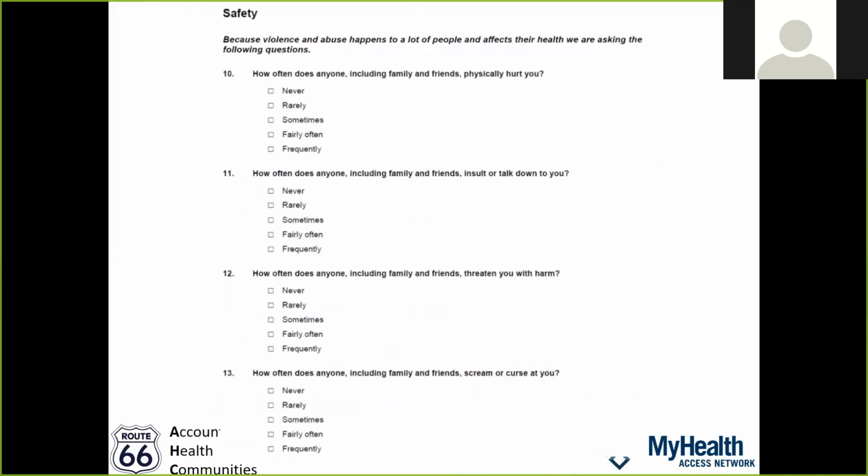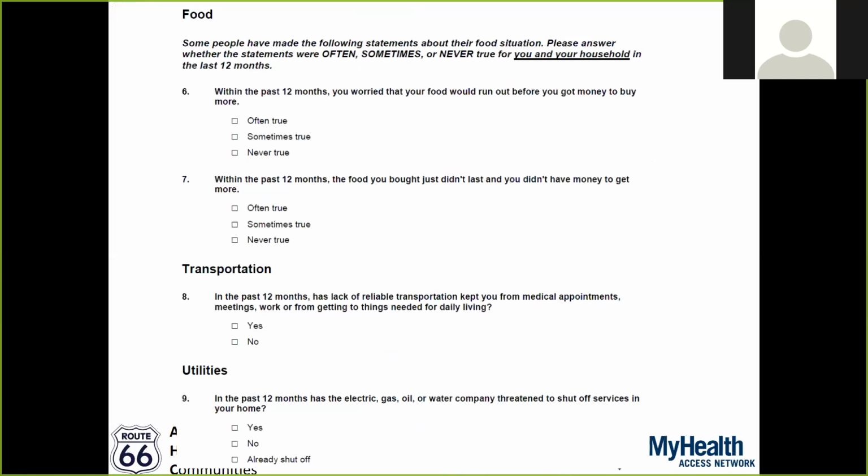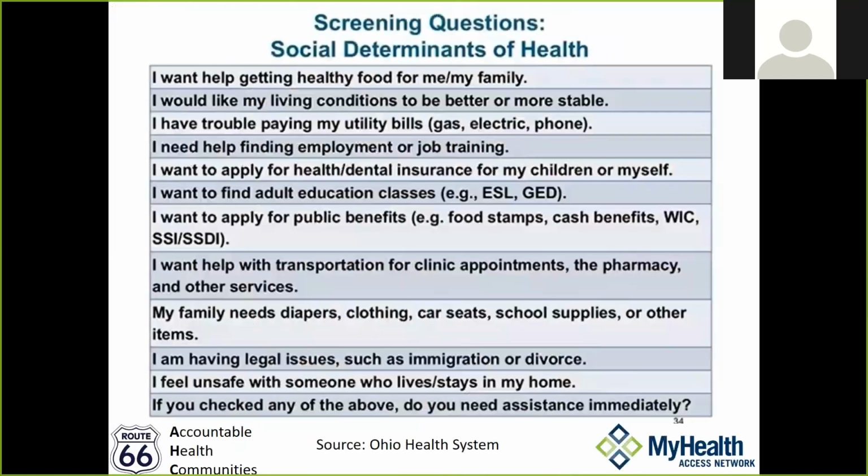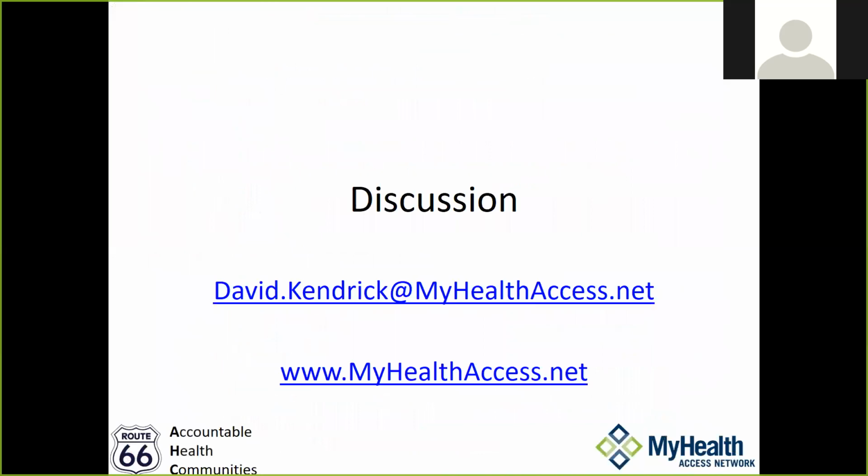So let me go back then so you can see these questions. Those are the reason I like these questions, because again, they're clear and I can tell what to do in response to them. And I believe if you have providers advising you on this, that they're going to prefer this format as well. So with that, I will bring it to conclusion. And here's my email address and our website, and I'm happy to take any questions you guys may have. Thanks very much for the time.